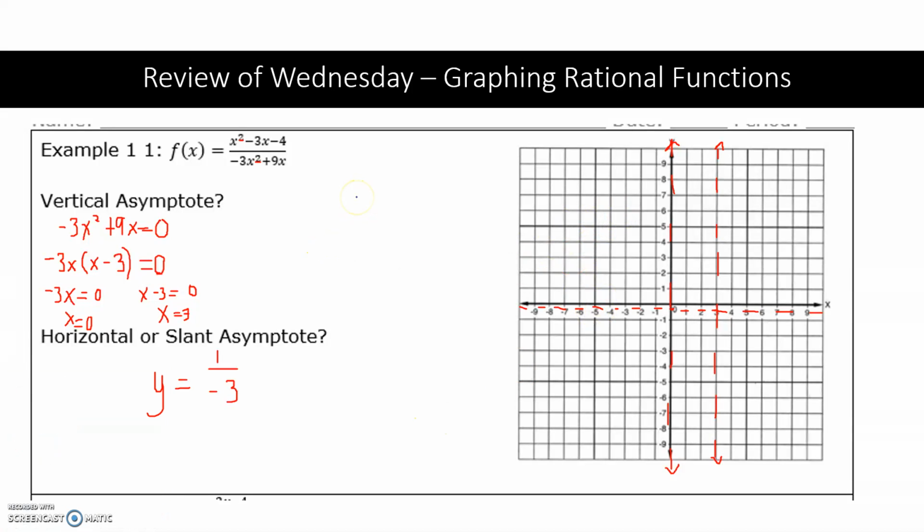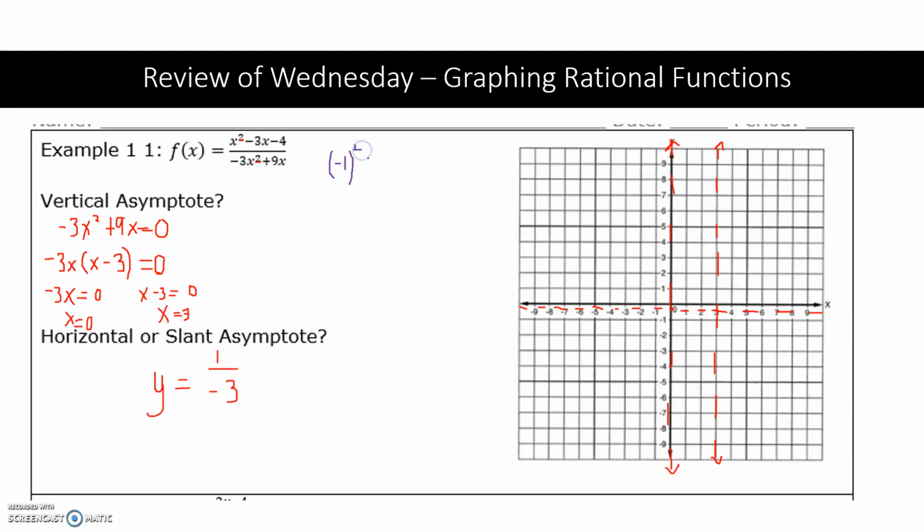In order to do that, I'm just going to randomly pick x values. I'm going to pick an x value that is to the left of x equals 0, an x value in between 0 and 3, and then an x value that's to the right of x equals 3. It doesn't matter what x values you pick. For my first x value, I'm going to pick negative 1. So if I do negative 1